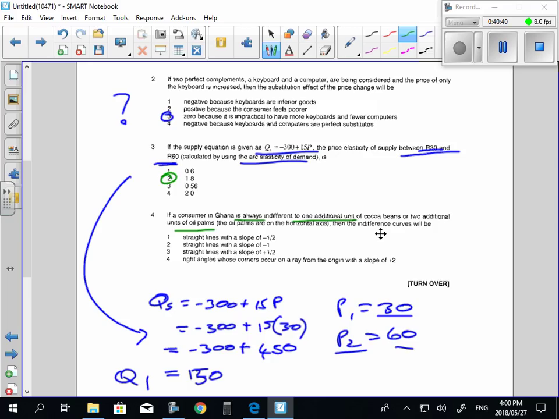And they say he's always indifferent, which means that the marginal rate of substitution between these two products is constant. He always swaps 1 for 1. So therefore, your indifference curve will be a straight line. It will be downward sloping. It's always downward sloping because you decrease the consumption of one in order to increase the consumption of the other, which means that it has to be a negative answer, and it would be negative,